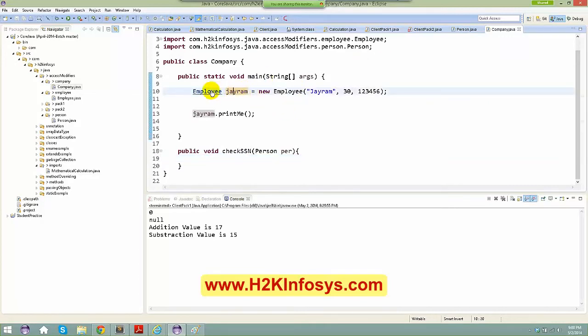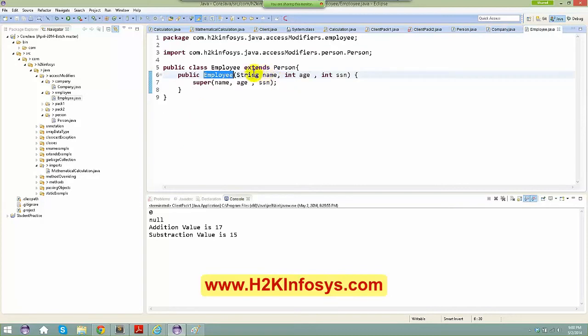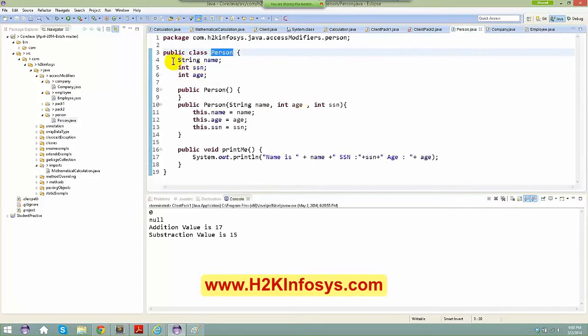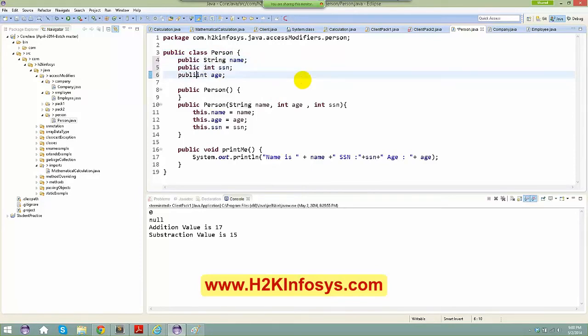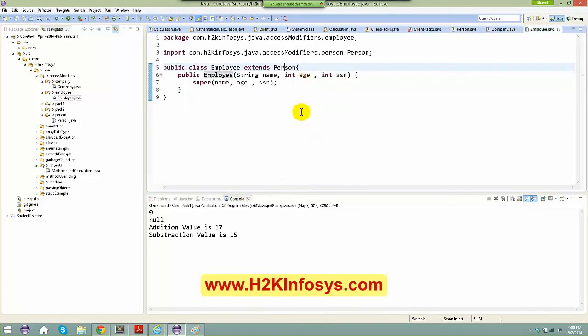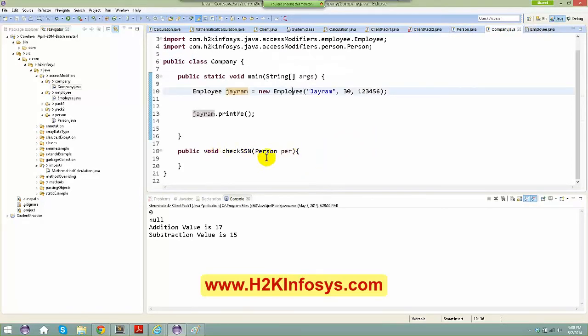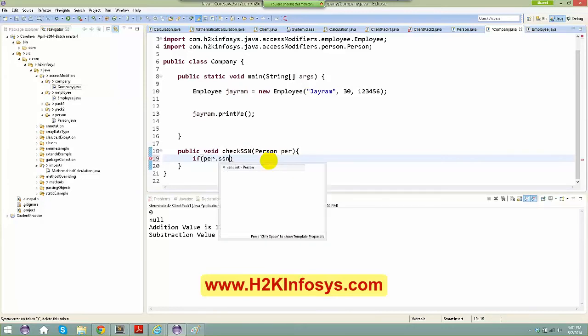We will go back to the class, and for now we will make everything public here. We'll not keep it as default. As you know, when you make it public, everything is accessed by everyone. So I'll just say here person dot SSN. I'll check if that person dot SSN is greater than